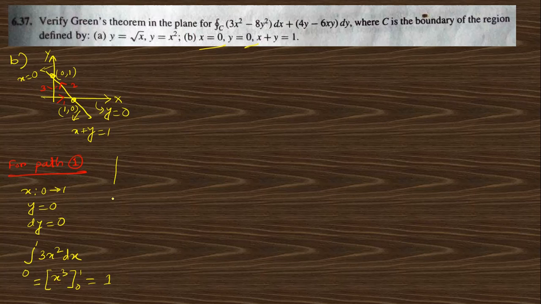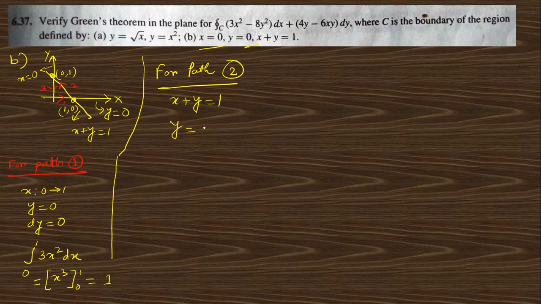So for path 1 this is 1. For path 2, the equation will be x plus y is 1, so you will get y equals 1 minus x, so dy equals minus dx. Put this in the equation, changing all y into x, so this is 8(1 minus x) whole square dx